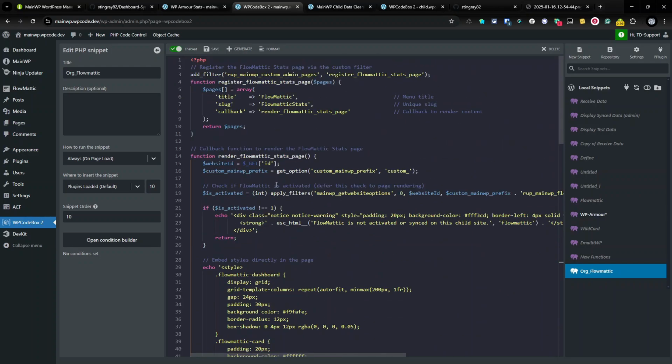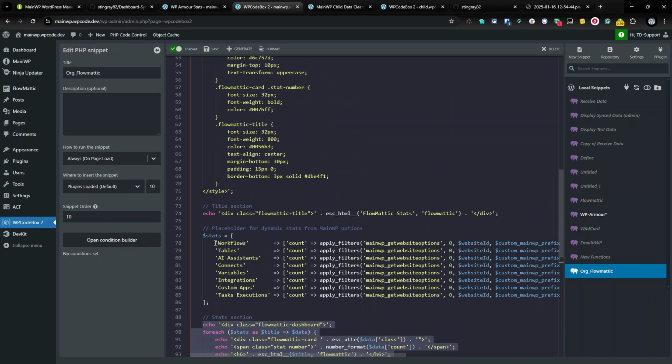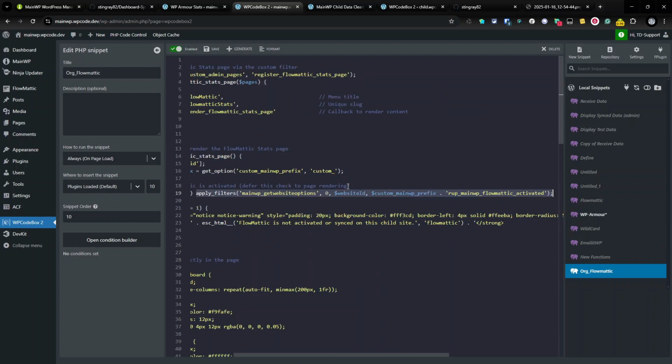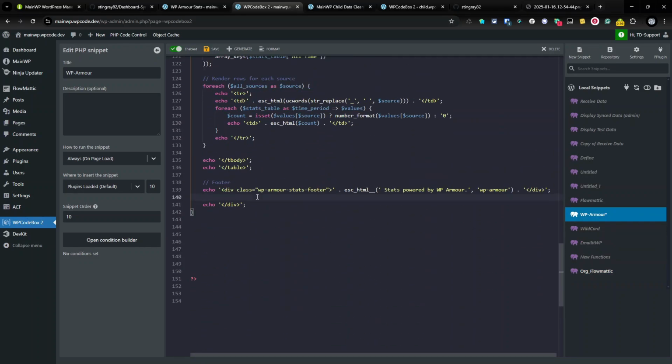So we are checking if it's activated. Is activated. Let's grab one of these filters here. So, let's grab this one here. That should be enough. I go to WP Armour, and if I just do an echo, if I just do a x equals